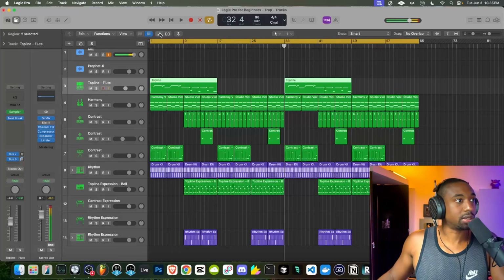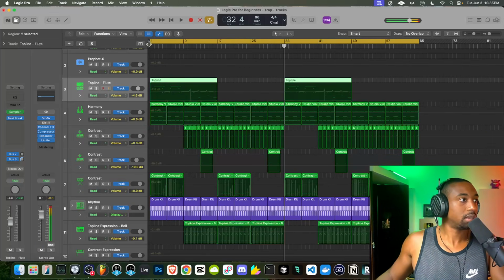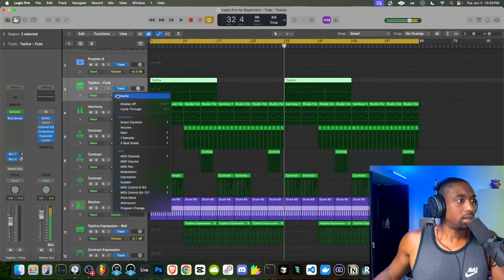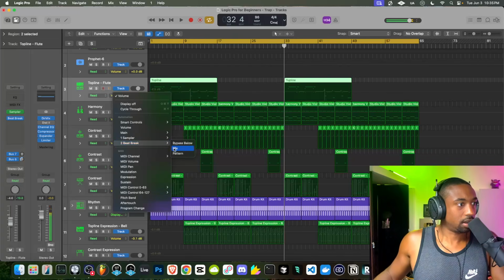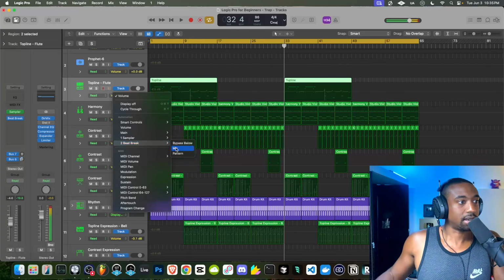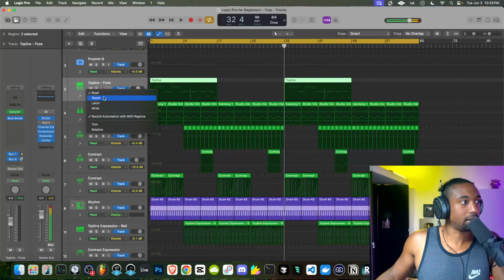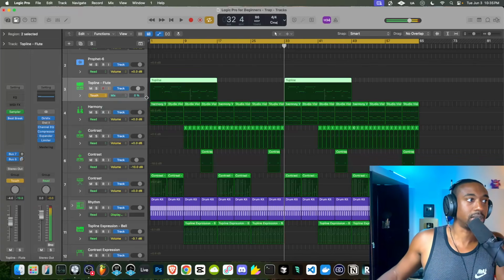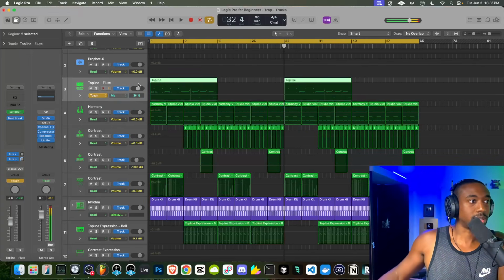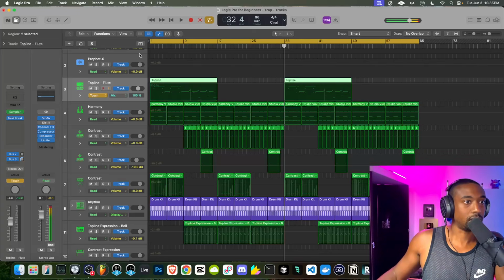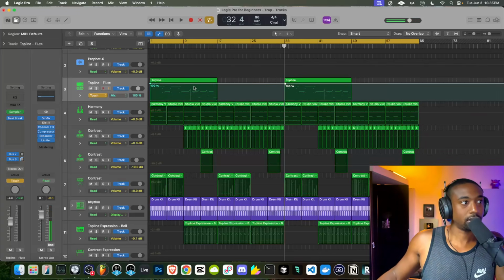Let's click this automation little node thing up here. We have to switch the drop down here where it says volume, switch this to the plugin that we want to trigger, and then the thing that we can automate, in this case, the mix level for the beat break effect. So let's click here on beat break mix, and then go click the drop down and go to touch. I found that touch is a little bit easier, and I'm just going to turn this fader up to like 100%. So there's a line drawn.